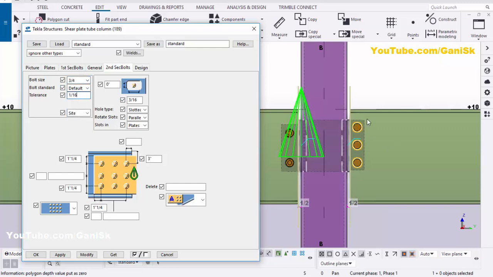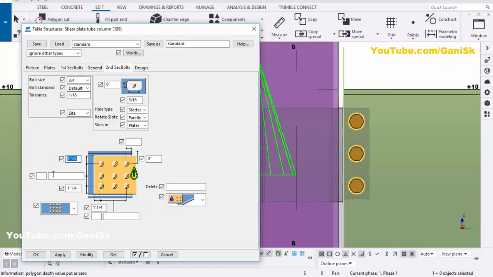Now coming to this vertical direction, edge distance let's take 1.5 inch, and at the bottom also let's take 1.5 inch. We require 2 number of rows, so take here 2, and the spacing 5 inch between the 2 bolts.